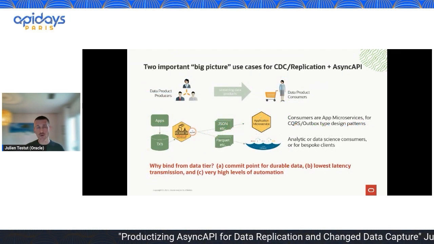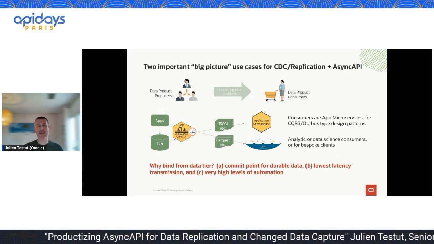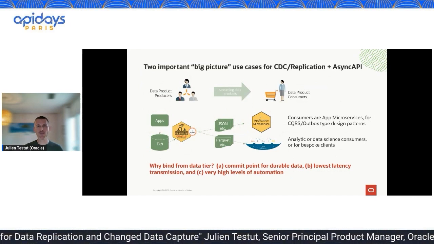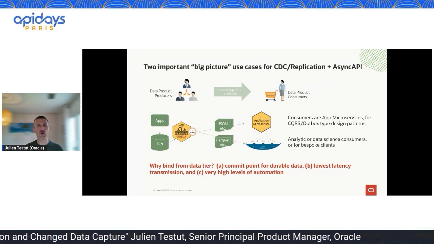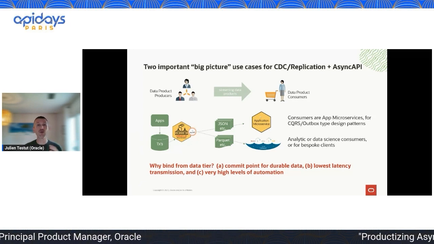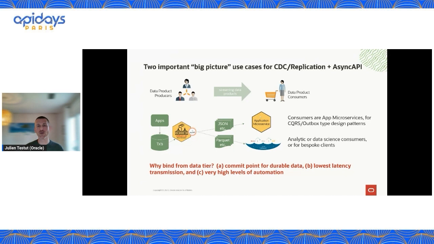So there are two very important use cases that I'm going to talk about today. But really, if we step back, based on the roots of GoldenGate, it's all about connecting together data producers and data product consumers. So again, bridging with GoldenGate, creating bridges for your data. And the two main use cases that we think are relevant for GoldenGate with the Async API are going to